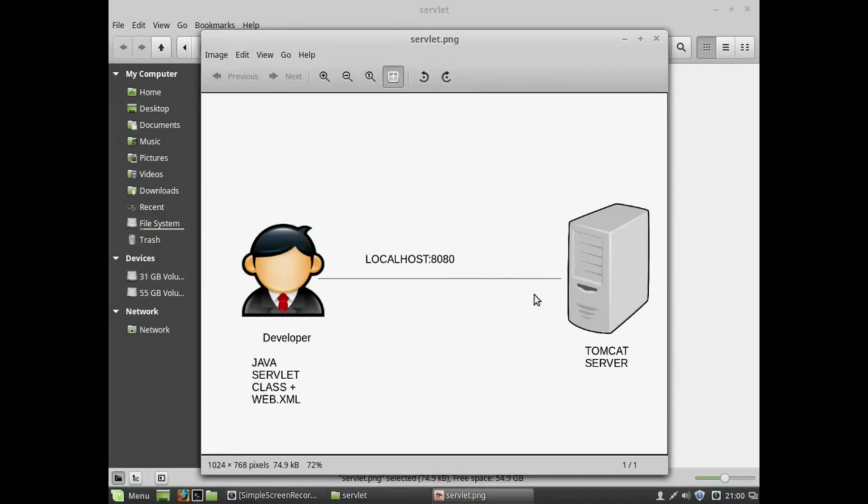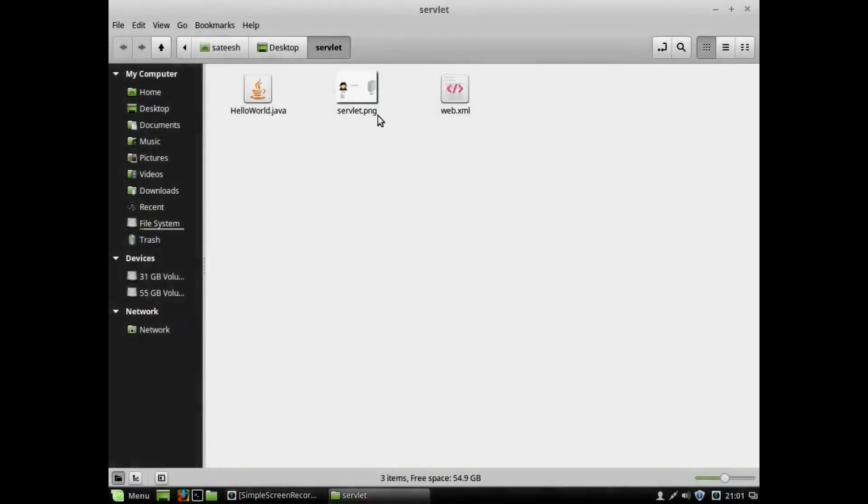So during the installation in case of Windows, you can see that 8080, the default port number, is already assigned. You need not change it because Apache recommends this port number 8080. This is an absolutely free port that is reserved for Apache Tomcat in any machine. So this is what we are going to do. I am trying to show it with a small diagram. So we are going to host our Java class file as well as web.xml file in the Apache Tomcat server. Right. Now, as I mentioned, how does this web.xml file look? I think it's better I compile this file first and then get back to the web.xml file.